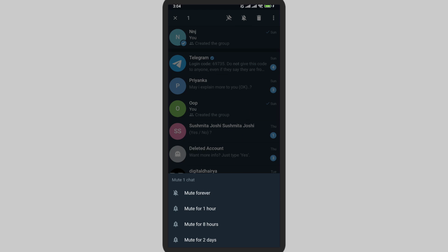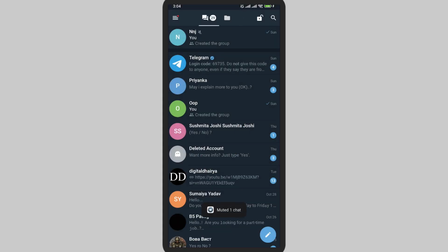Here you can customize and select the timing in order to mute it. So simply select the one. Now it's all done. So the chat has been muted for a certain time. Now you can easily unmute it too